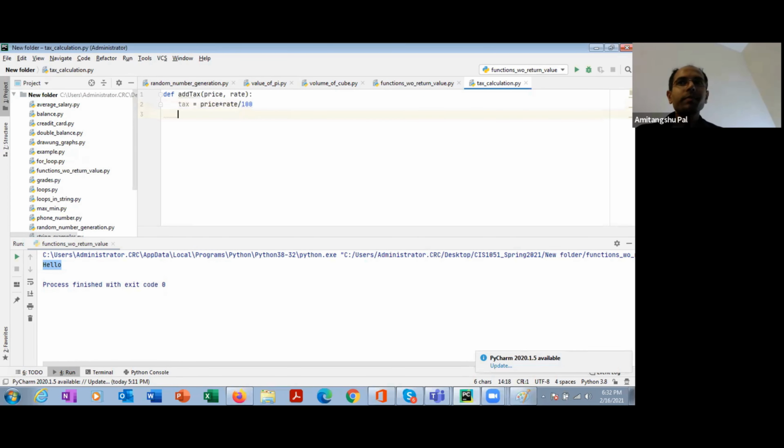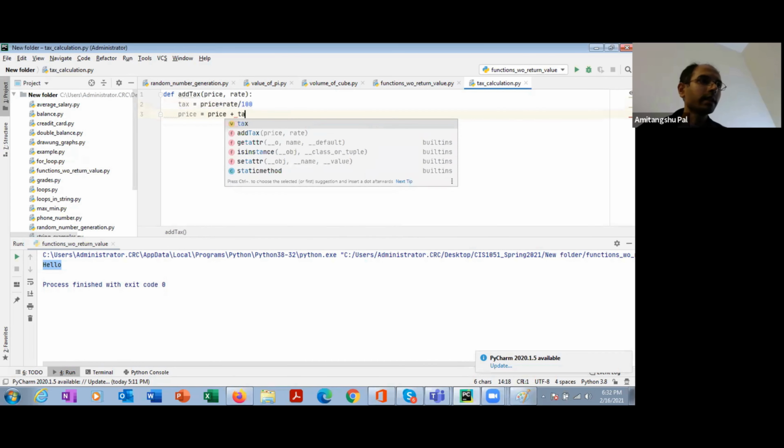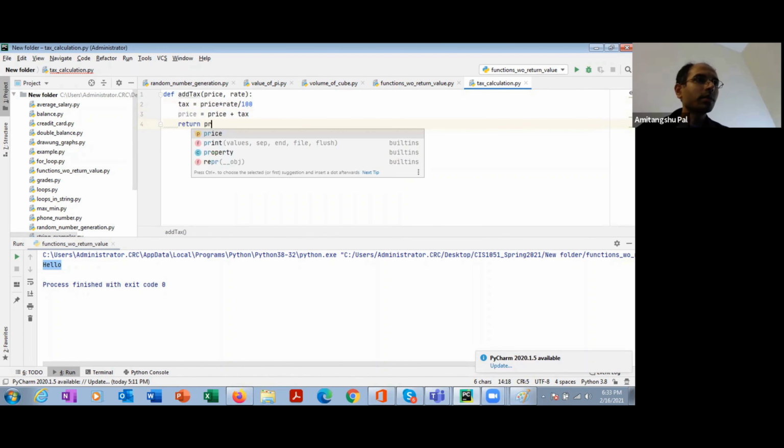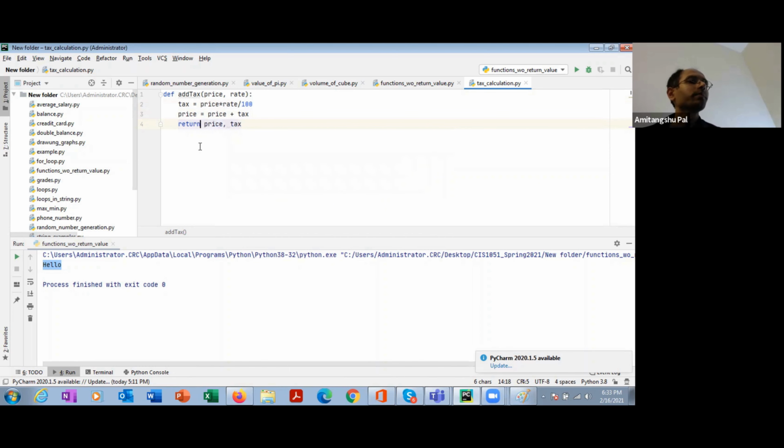So that means my total price is going to be price plus tax, and then I am returning my total price, and if I want to return the tax amount, I can return that also. So in this function I am taking 2 arguments, price and rate.